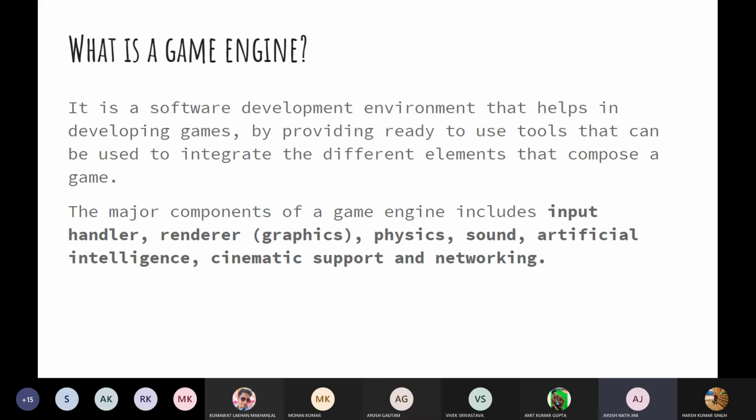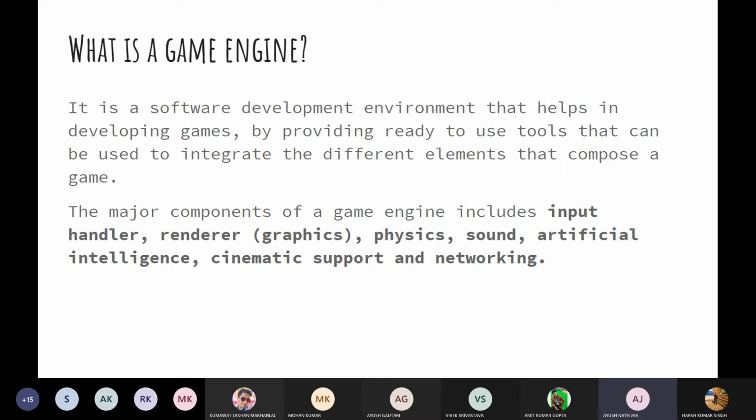So what is a game engine? In the last session, the two coordinators must have told you about this, but I'm repeating it for the sake of conversation: it is a software development environment that helps you develop games by providing ready-to-use tools to integrate the different elements that compose a game.